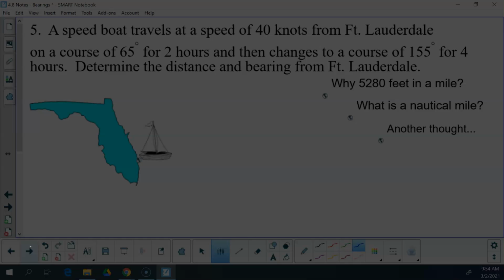Okay? So a speedboat travels at a speed of 40 knots. Now, a knot, okay, is not just something that you tie your shoelaces into. A knot is a nautical mile per hour. Okay? A nautical mile, I'll jump in over there. A nautical mile